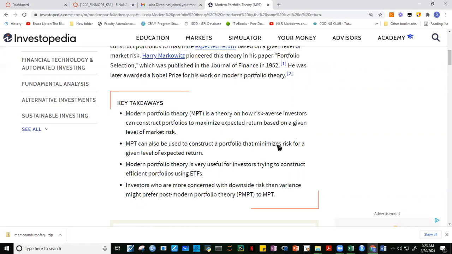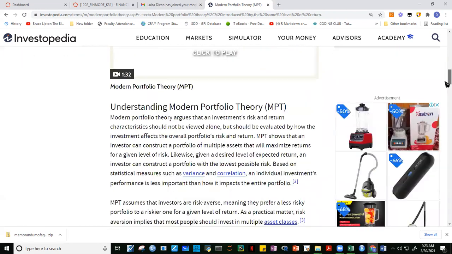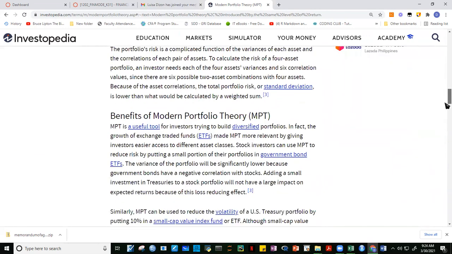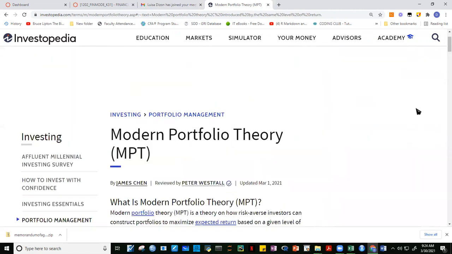Okay? So may mga merits tong modern portfolio theory. However, merong limitations. So yung mga limitations na yan, andito yan. Tapos marami pang reading. So your assignment will be to read on this. Tapos may mga other theories pa na medyo nakalampas na kay MPT. Pero backbone to ng finance.